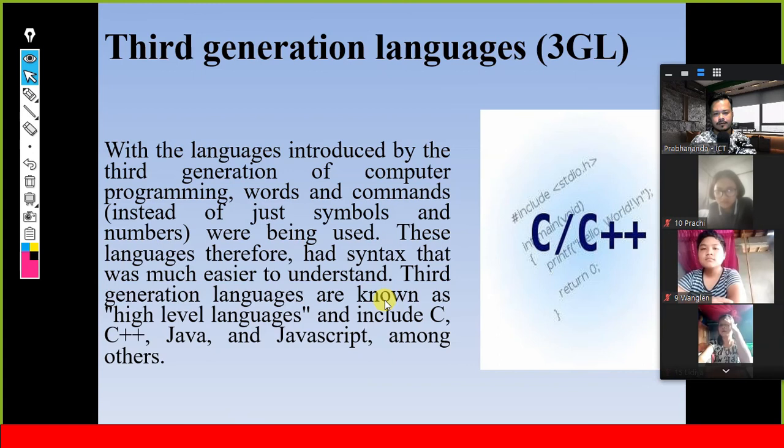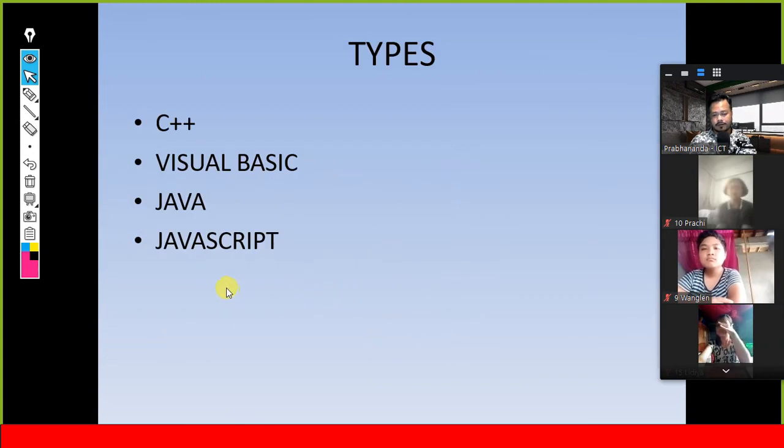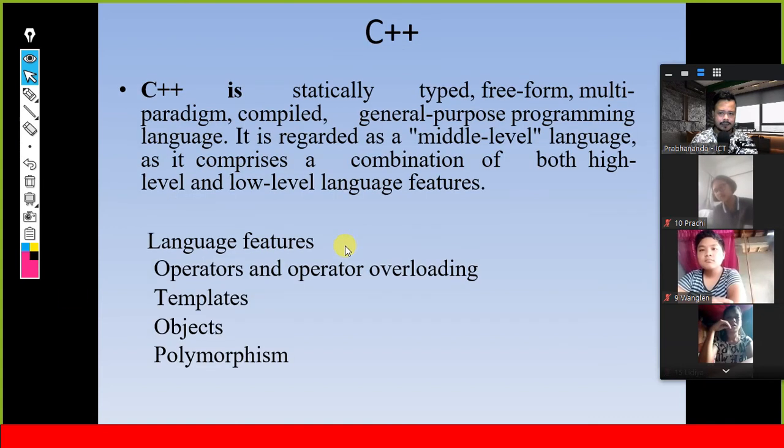Different types of high level languages are there, but some of them very important are C++, Visual Basic, Java, JavaScript, PHP, ASP. Nowadays it comes with Python also. C++ is a statically typed, free-form, multi-paradigm, compiled general purpose programming language. It is regarded as a middle level language, compared as a combination of both high level and low level language. Language feature: